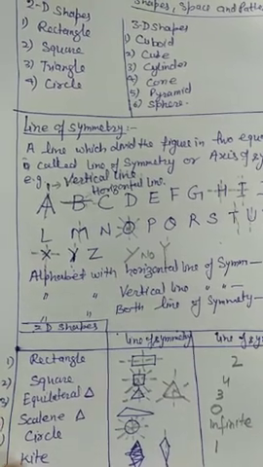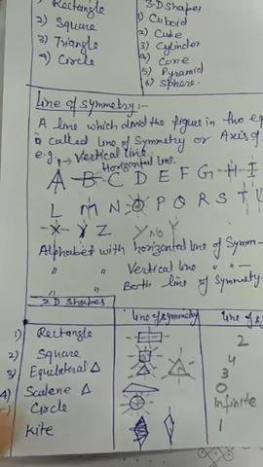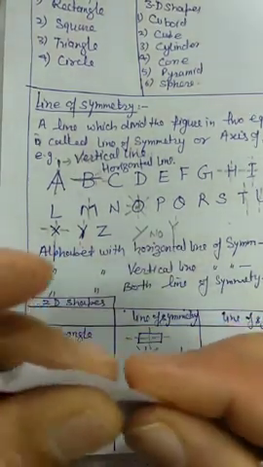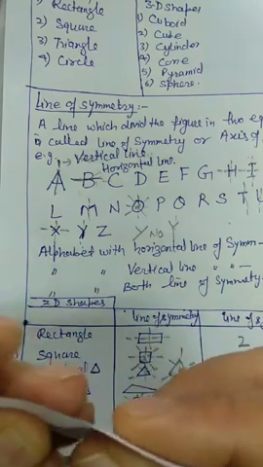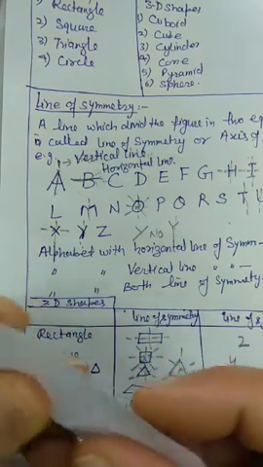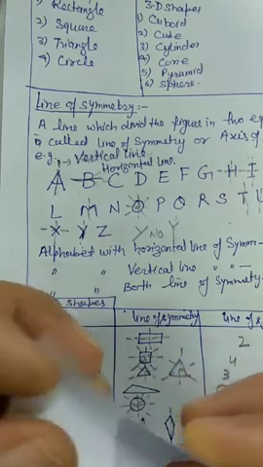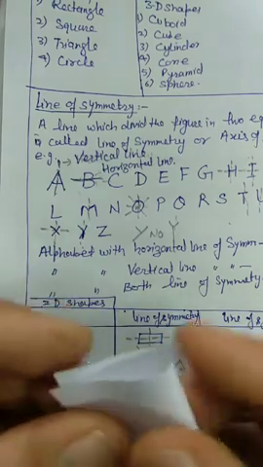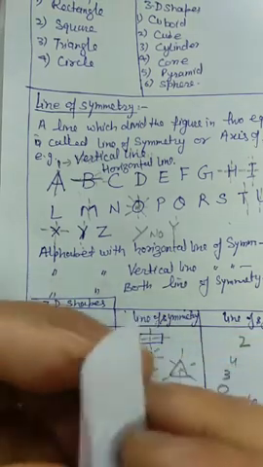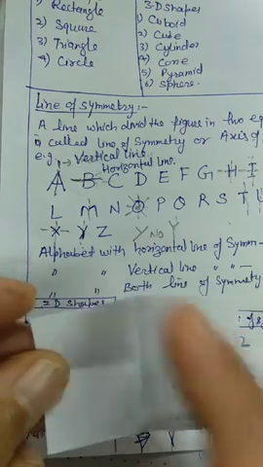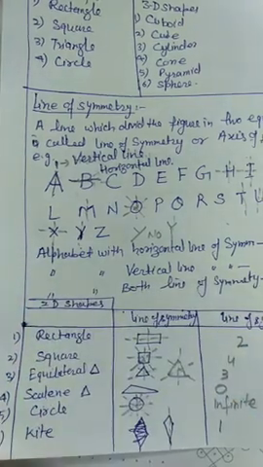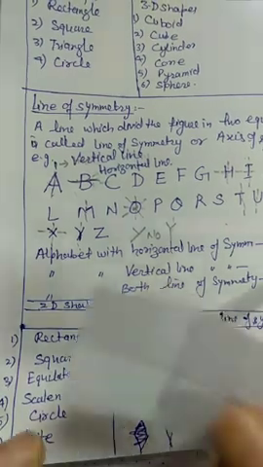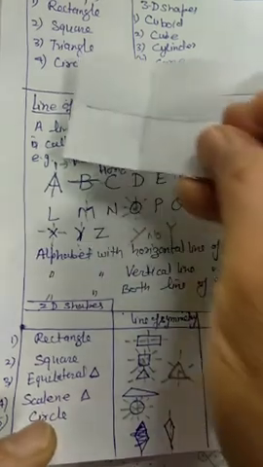Practically I will show you. First figure is rectangle. You can also do this like an activity. Take a piece of paper, a rectangular piece of paper, fold it from the middle lengthwise. When you fold it lengthwise, then you can see this is one line of symmetry, horizontal line of symmetry, and if you fold it like this, it will overlap again. So two lines of symmetry, 1, 2. You can draw them, then you can paste it on the notebook here. So this can be done like an activity also.